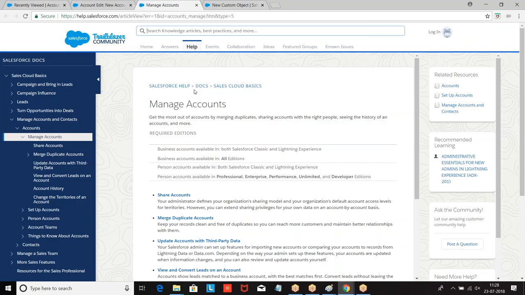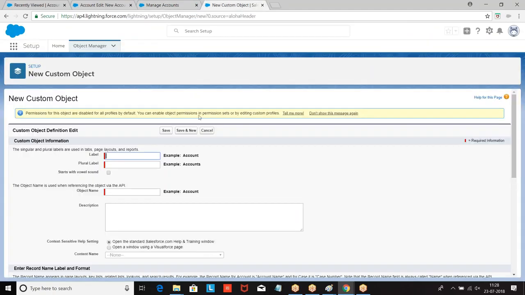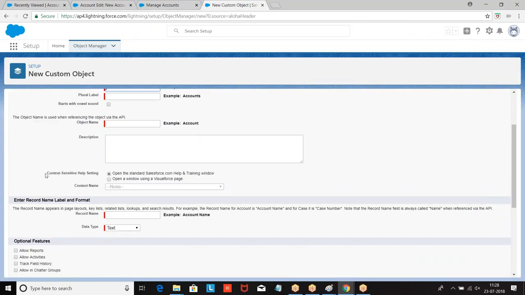That is given as context sensitive help. With respect to your object, on the top you will find one label called help for this page. When you click on that link, what is the document that should open for you as help? That is given as context sensitive help, which is given here.